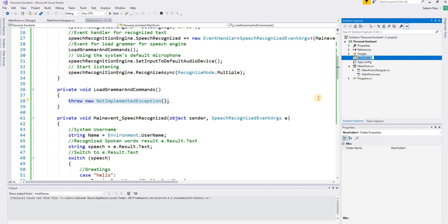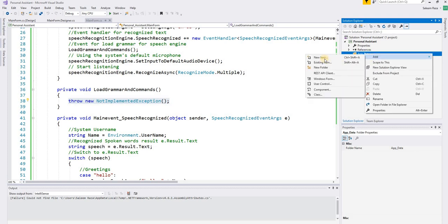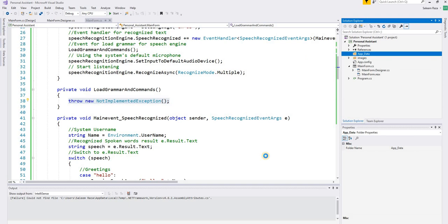I will call it app_data, and then I will right click on it, add a new item,